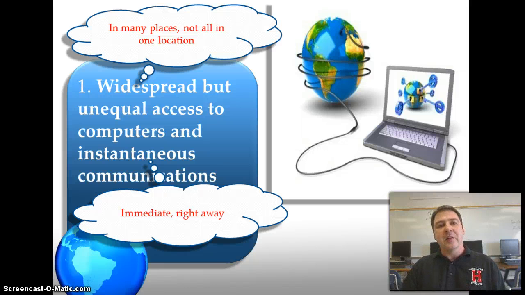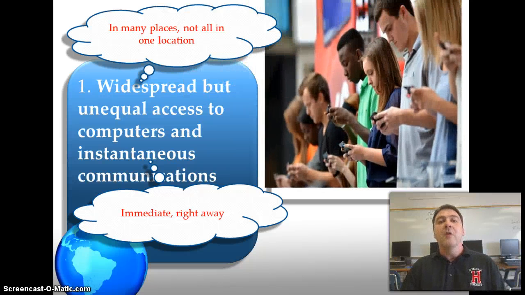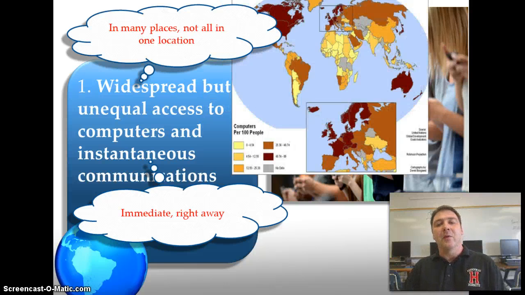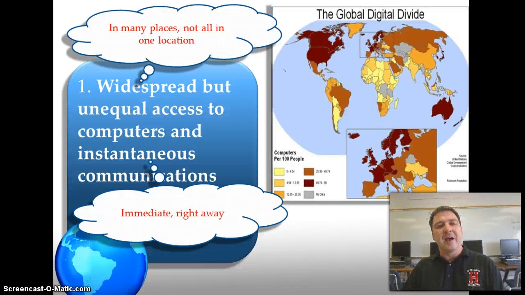The technology is very common, but it's unequal in its distribution. For example, this would be a very common scene in the halls here at Herndon. Okay, students lined up with their phones, texting away in their own world, but that isn't everywhere. Okay, in other words, you can find students doing that on all continents, but some places have more access to